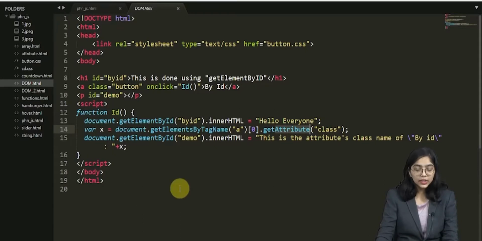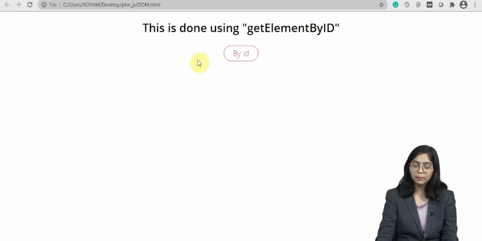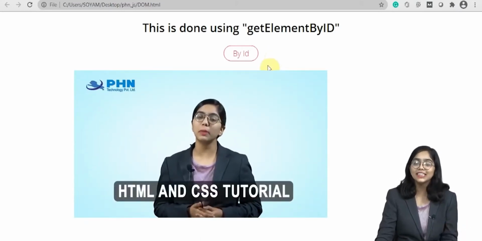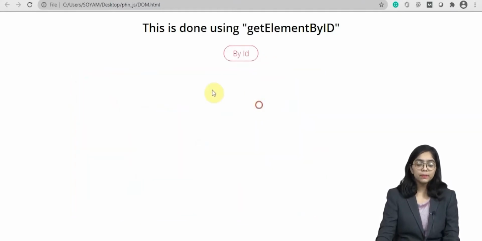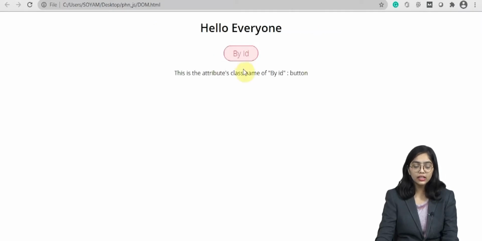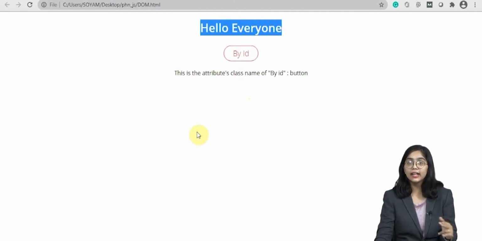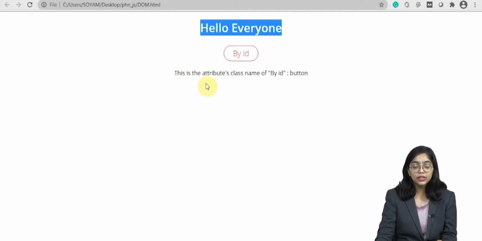So now this particular thing is going to give us some output. This is my screen. I have styled this particular button using HTML and CSS only. So if you want to learn how to style this kind of button, you need to go through the HTML and CSS tutorial. Now by clicking on ID, what I am going to do is change the text over here, and that I have done using .innerHTML. I have played with the properties, and the second thing I attached to it was the attribute's name. This particular button's class name is button. So in this way we have learned a little bit about this.